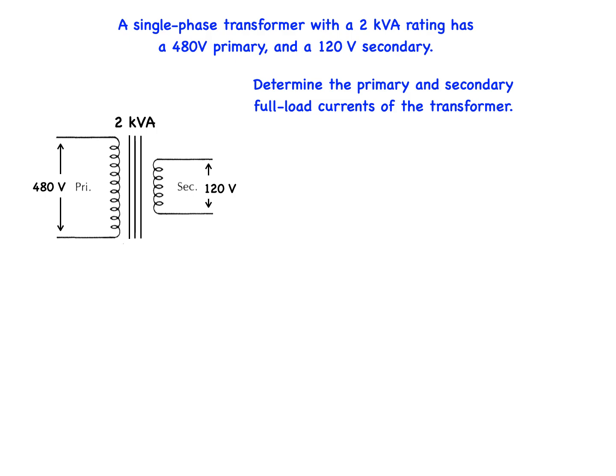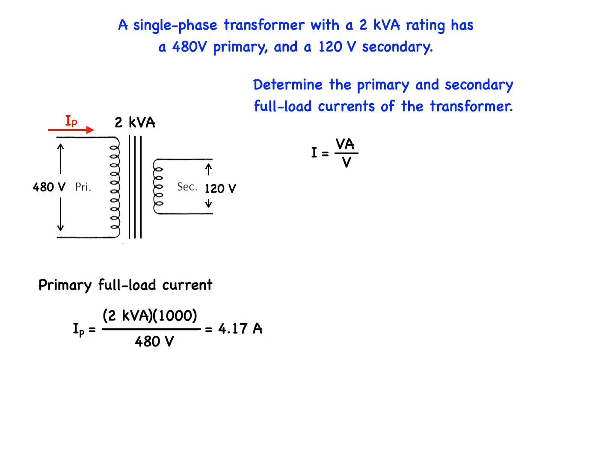Regardless of what side of the transformer we're talking about, if we know the VA rating and the voltage, the current flowing to or from that transformer is given by VA divided by the associated voltage. Therefore, the primary full load current is given by the rating of the transformer divided by its voltage. In this case, the primary current IP is given by the VA rating divided by the voltage, or 2 kVA times 1000 divided by 480, and that equals